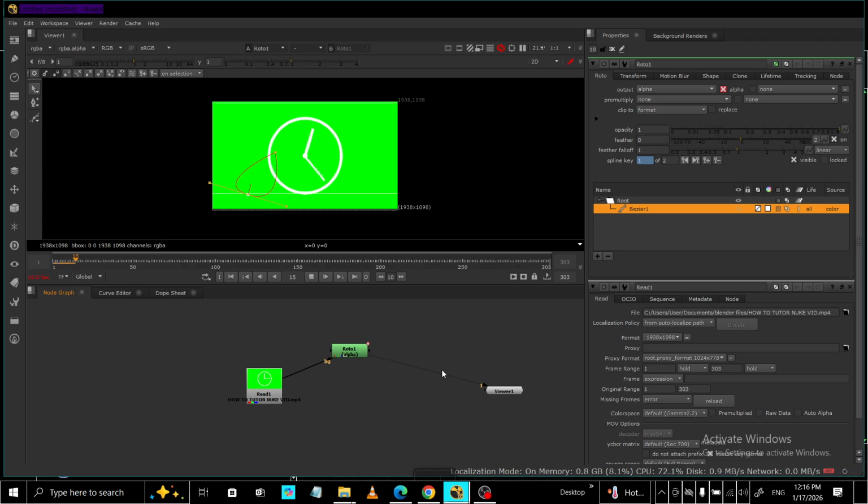Once you're happy, use the Roto output as a mask or matte. You can pipe it into other nodes to isolate your subject, drive color adjustments,